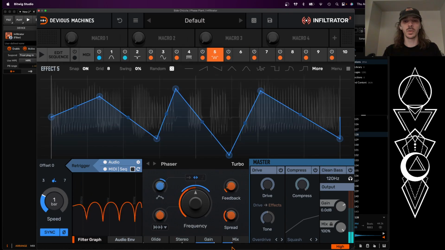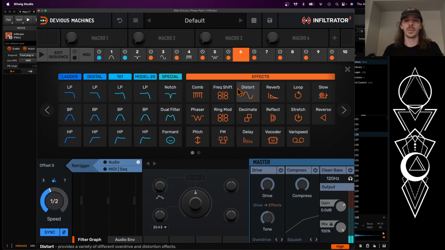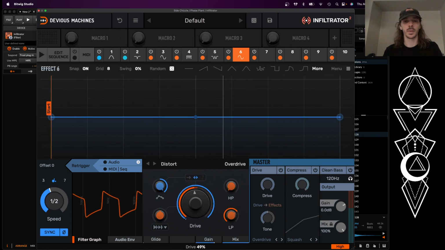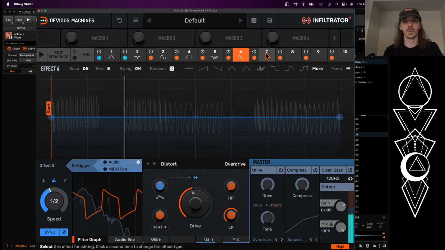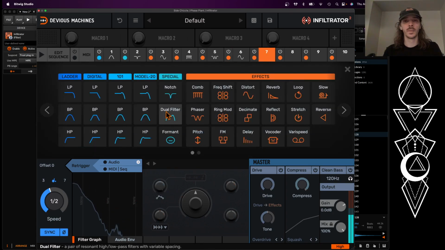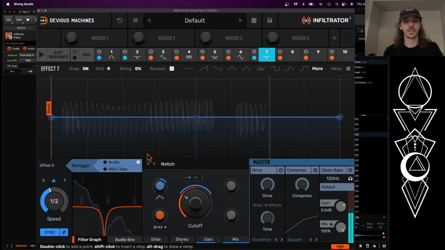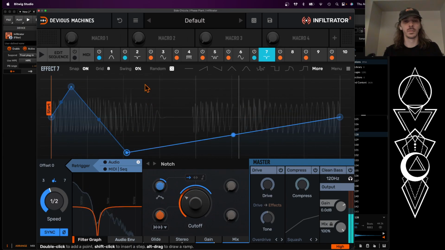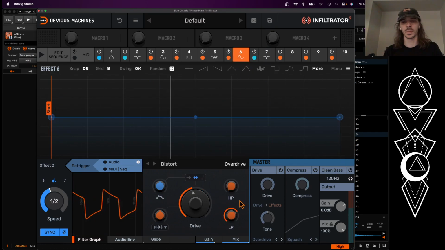Yeah, so this is pretty cool, but it's a little much, so we're going to back off of this just a bit. Awesome. Let's go ahead and do another instance of distortion here. And we're just going to let this one be. We don't need this. We can add another notch to play with cutting that around. And maybe something around this region here. I'm also going to have to go back and turn on that low pass stuff, because for whatever reason that likes to